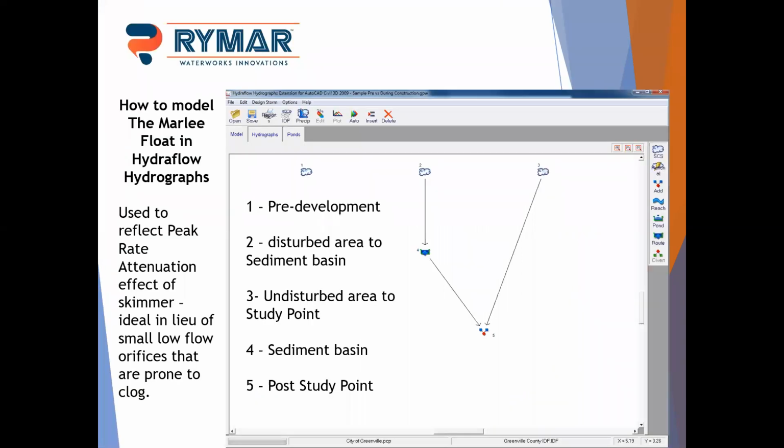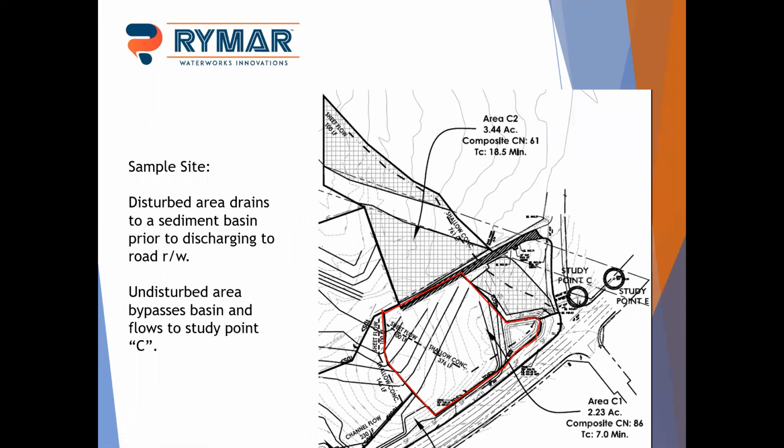So this is a site that we worked on in the city of Greenville, South Carolina, and it was a fairly small site, but we're going to show how the Marley float can be used to reflect the peak rate attenuation, which is ideal in lieu of a smaller low flow orifice that's prone to clog. So we had about a 5-acre site, a little over 5 acres, almost 6 acres. So 3.4 acres was